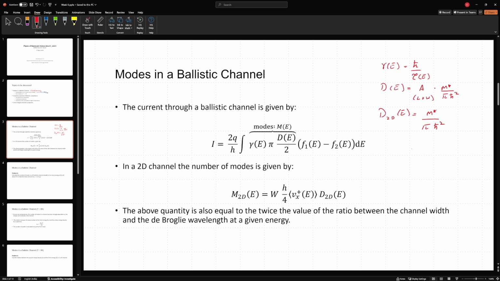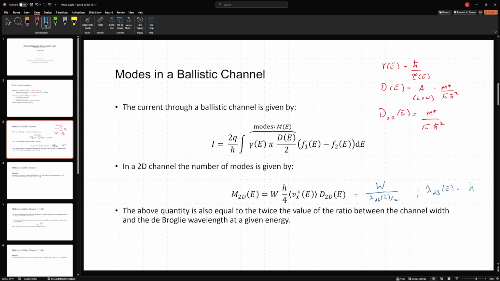So we have this, and again, we have gone through the derivations that this M2D of E is also connected to the width of the channel. So I will just put an equal to here and write this is equal to W divided by lambda de Broglie of E, further divided by 2. So this is also something that we have seen, and lambda dB of E